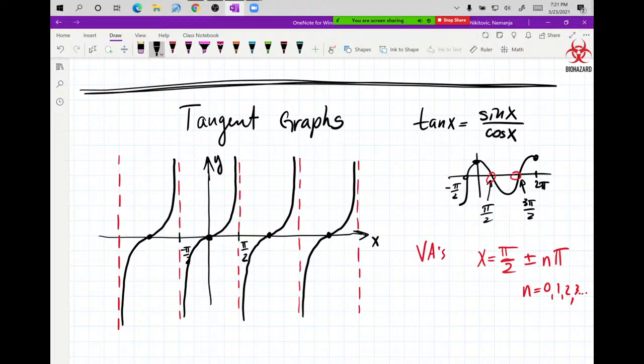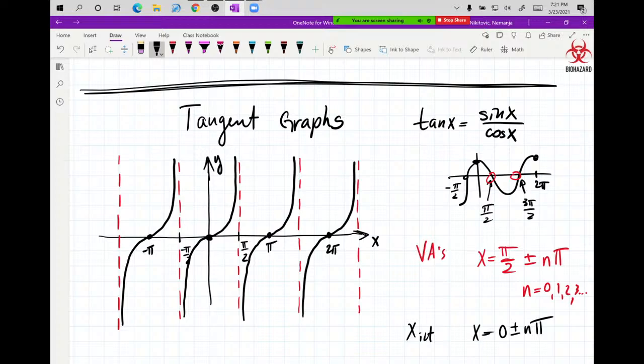And it also has x-intercepts. And they happen at x equals 0 plus minus n pi, because this one is at pi, this one is at 2 pi, this one is at negative pi. So every pi units, it has these